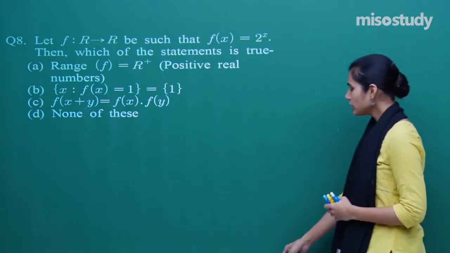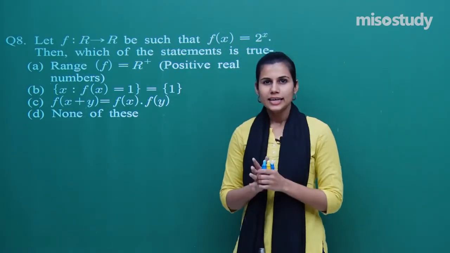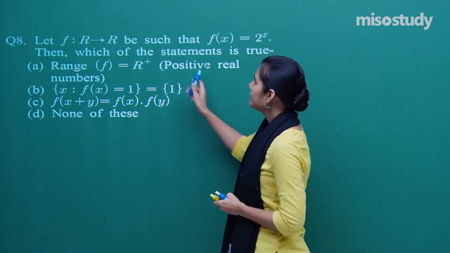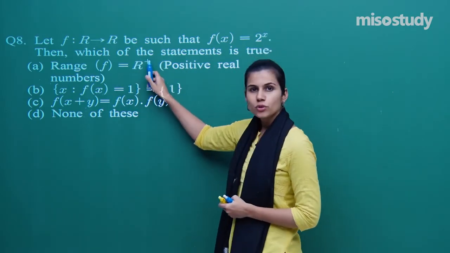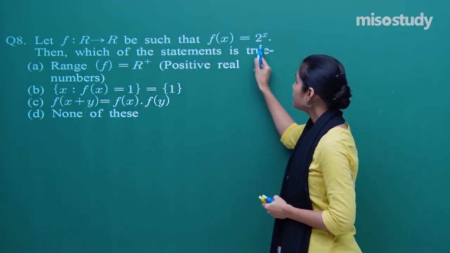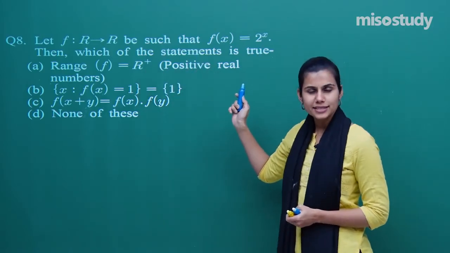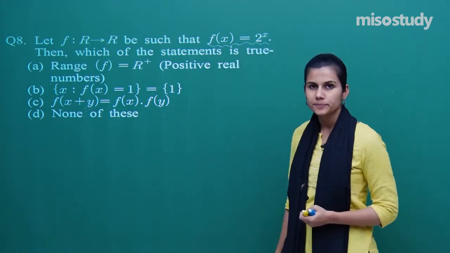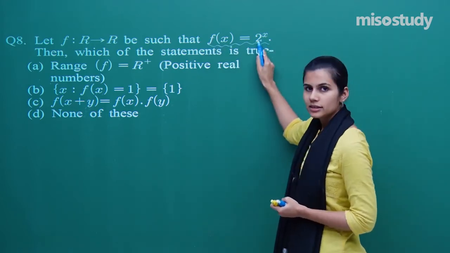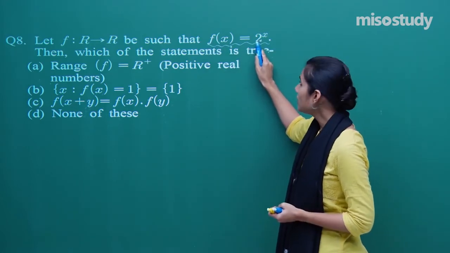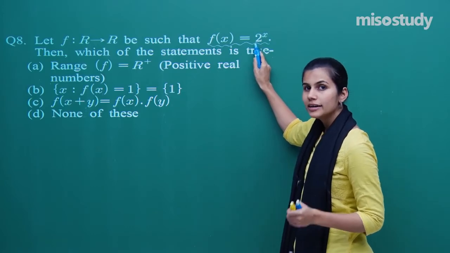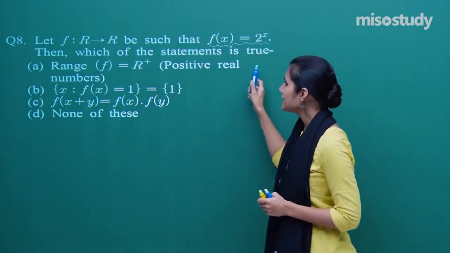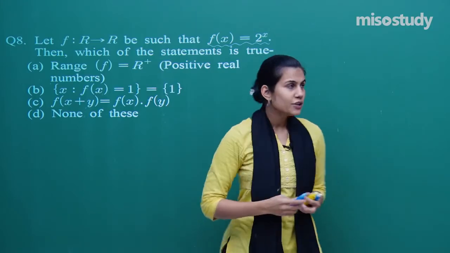After having dealt with the 7th question, let's start dealing with the 8th question, which says: let f from R to R be such that f(x) is 2 to the power x. A very familiar function, the exponential function, where this a, which is playing the role of 2 over here, is greater than 1. Then which of the statements is true? Well, I know that